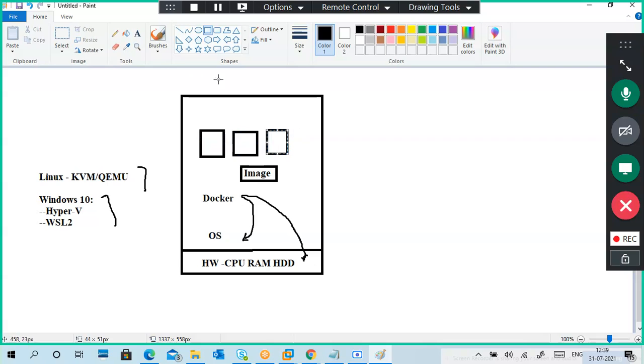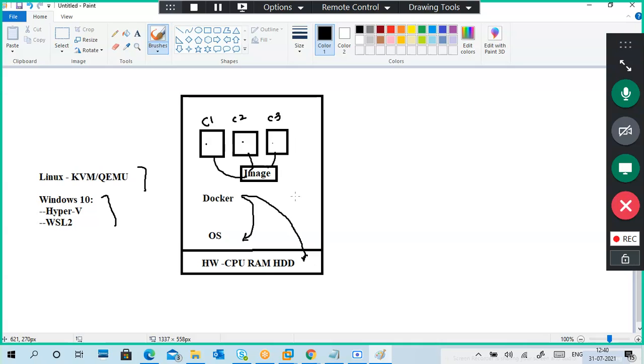Container will run like virtual machines. Okay, this is container one, container two, container three. This container is like your virtual machine only. It connects to your image and runs your image. For example, if your image contains a web application, we can run the web application from here also.